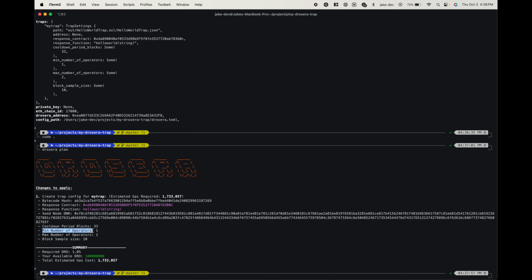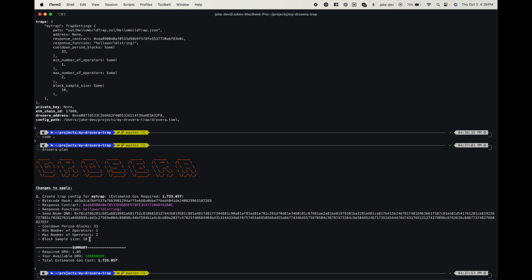Minimum number of operators is the minimum number of operators for the trap to actually come to consensus and execute a response. The higher number you put on this, the higher degree of decentralization, so to speak. You can set a maximum number of operators and a block sample size,